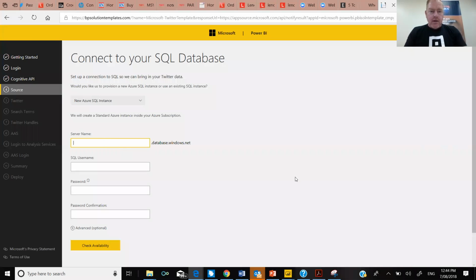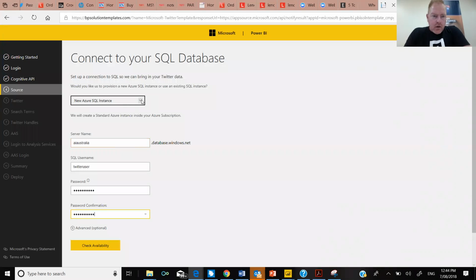What this needs us to do is set up a database in the cloud. This can be whatever you want it to be, Twitter user, and confirm password. As part of the solution, it's setting up a database where it's going to store all of your analytics, and in the poll we're asking, why do you need a database?